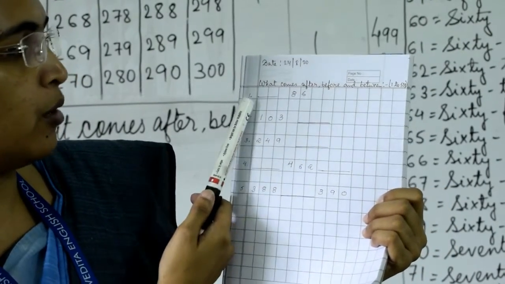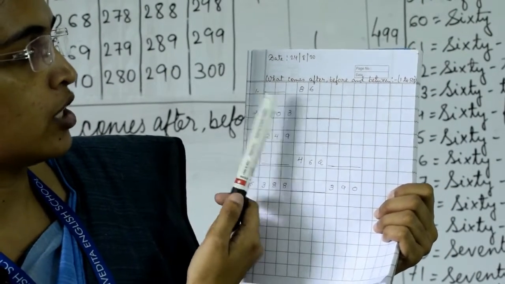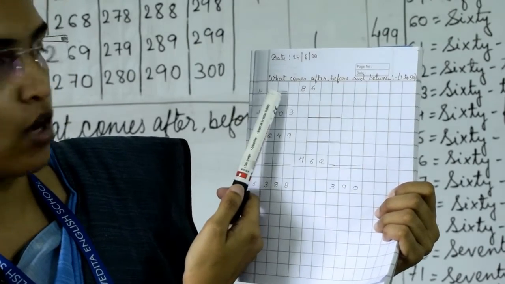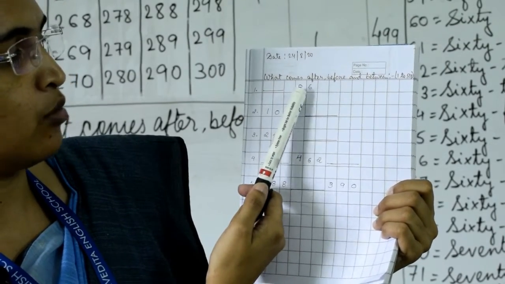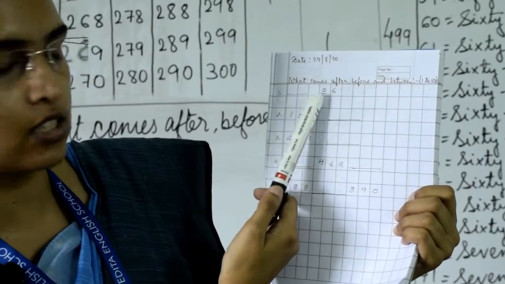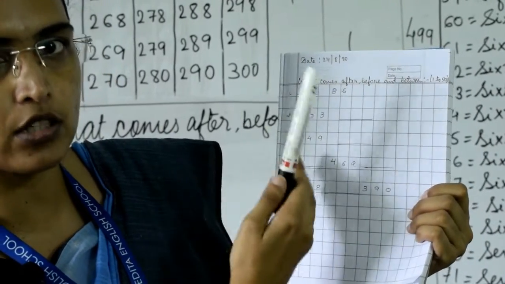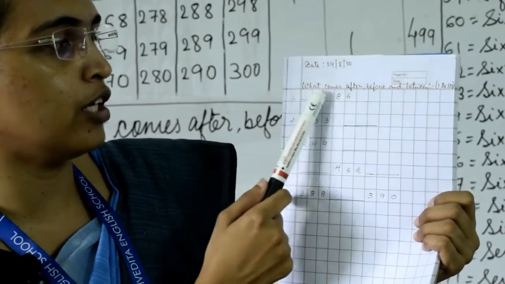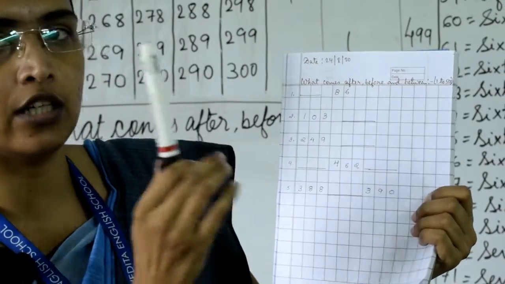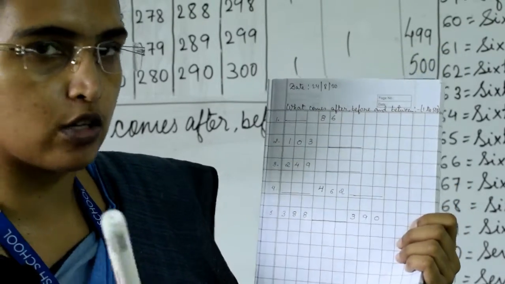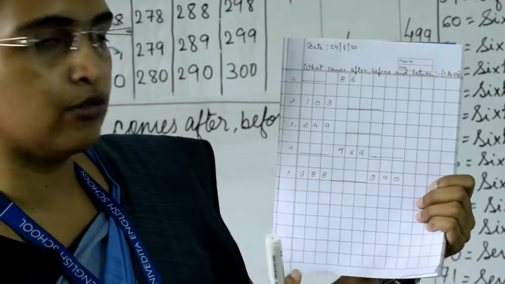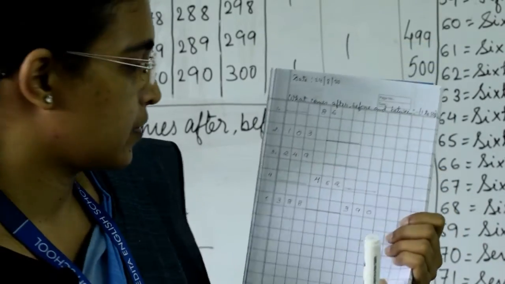In this way you have to write the question in your copy. Number 1, give a dash using 2 boxes. Then when you are writing the question, that is 86, write 8 in separate box and 6 in separate box. And when you will write the answer, write each number in separate boxes. Okay, so in this pattern you will do in your copy.